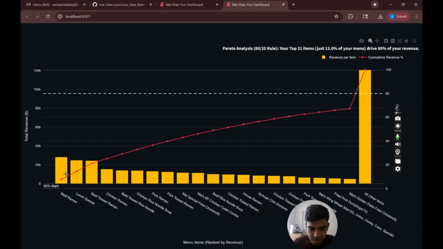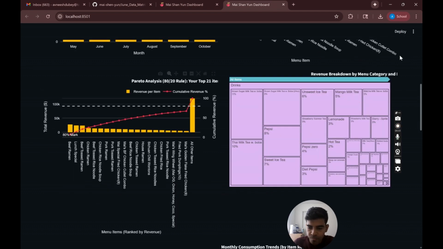We can see the red trajectory of this line here that shows the cumulative revenue percentage, and the bar plots that show the revenue per item of my Shanyan's menu. Then we have